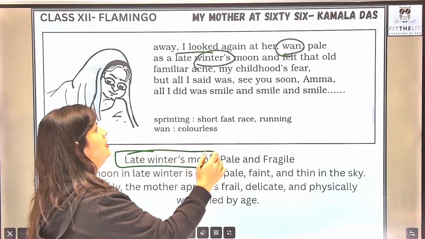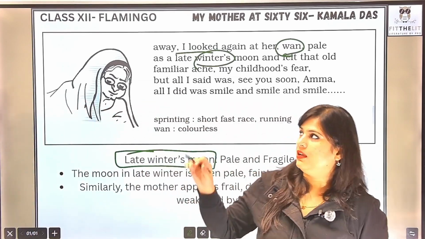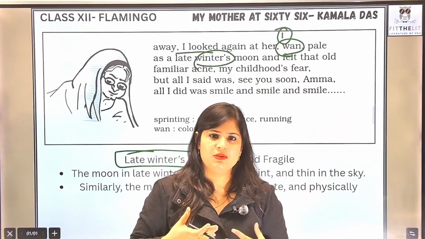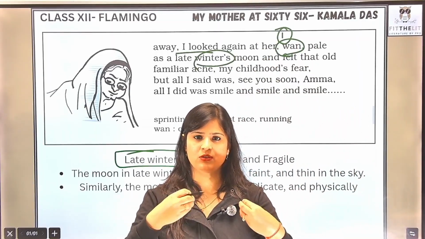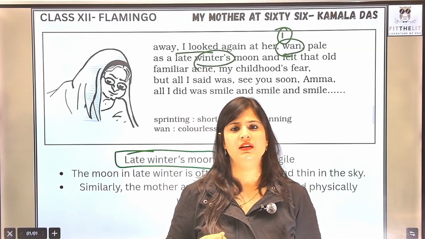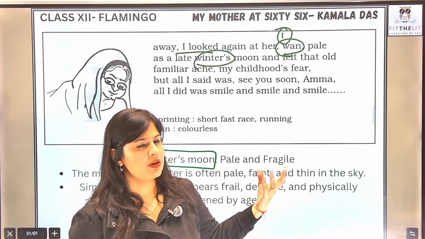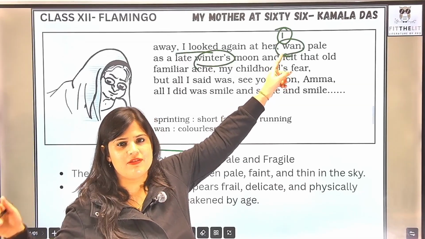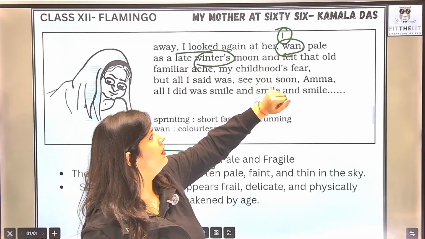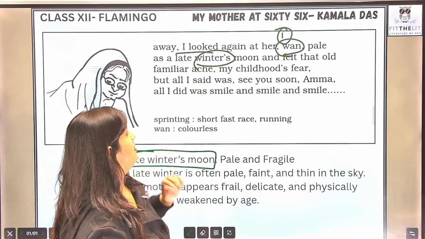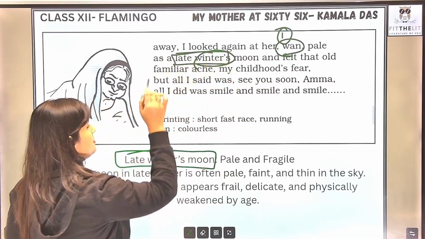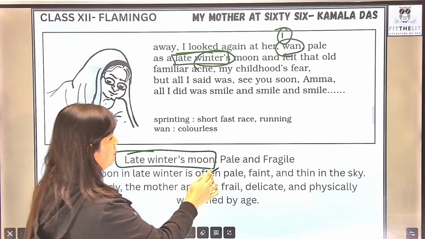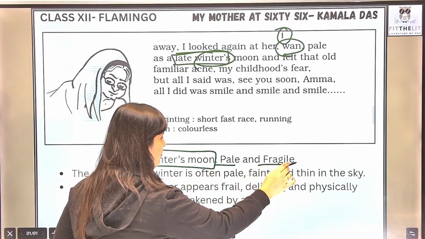So first of all, she has introduced with the concept कि wan. The moon is wan, यानी कि वो thin हो रहा है. Of course, in old age, the people grow weak. So the people grow thinner and they become fragile. Weak हो जाते हैं. So of course, wan. The mother is also in the waning phase, old age के phase में, right? And late winter, why late winter? Because she is old, right? Because she is old.